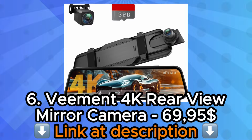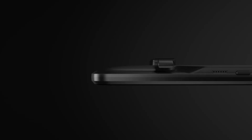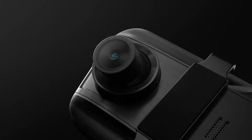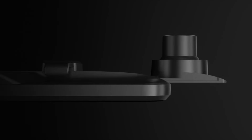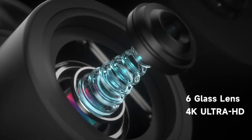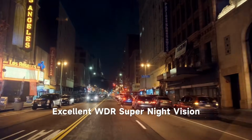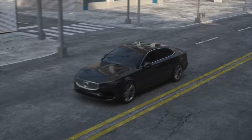Number 6. VMint 4K Rearview Mirror Camera. The VMint 4K Rearview Mirror Camera surprised me in terms of value and image quality. Despite its affordable price, it delivers stunning 4K video clarity for both front and rear cameras. The oversized touchscreen display acts as a mirror and a monitor seamlessly, helping you switch between viewing modes without any fuss. With a 170-degree viewing angle, it covers a wide area, which is crucial for preventing blind spots and succeeding